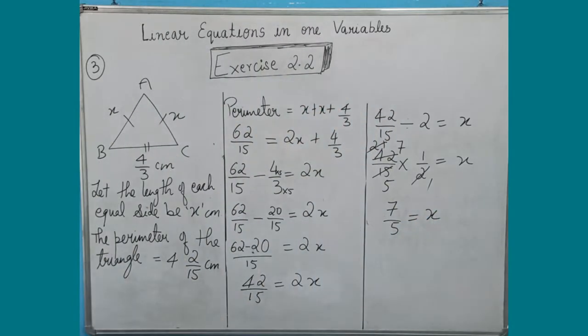Please have a look here, all of you. The answer that we have here is value of x is equal to 7/5. So what was my x right in the beginning? It was the length of each equal side. I hope you people are understanding whatever is going on over here. So lastly, I will write the statement as per the question that they have asked. The question was, what is the length of either of the remaining equal sides?